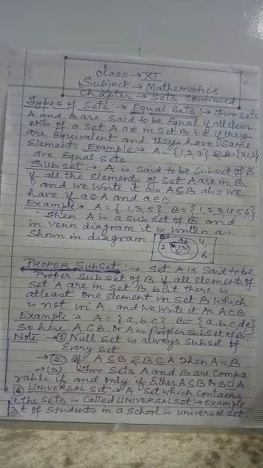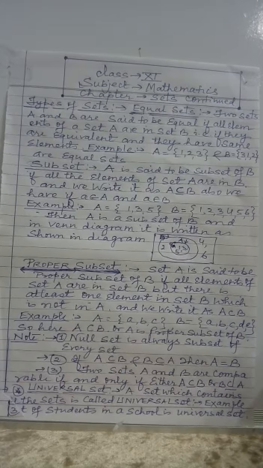So A is a subset of B, but B is not a subset of A, and by Venn diagram you can see I have drawn two circles here, one representing A as 1, 3, 5 and the second as B, whose elements are 1, 2, 3, 4, 5, 6. So every element of set A is an element of set B, so you can say A is a subset of B.